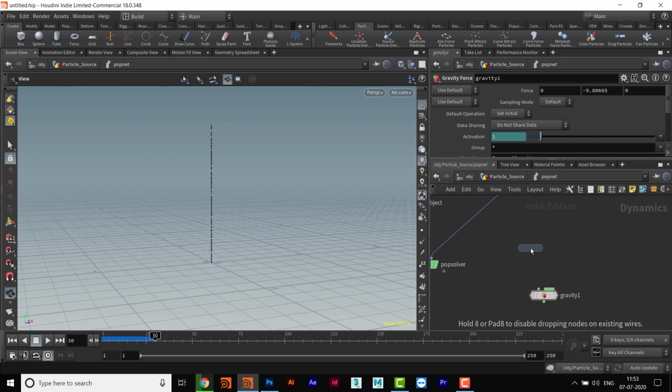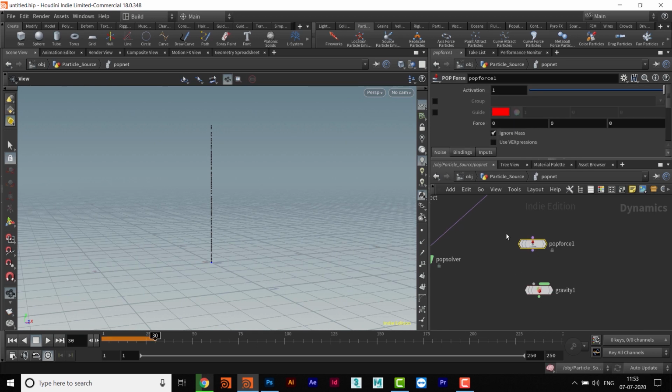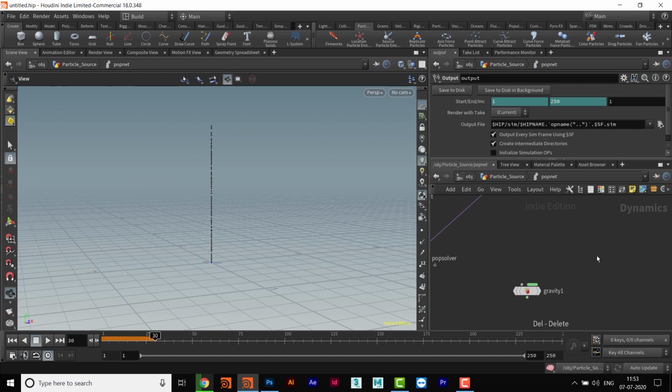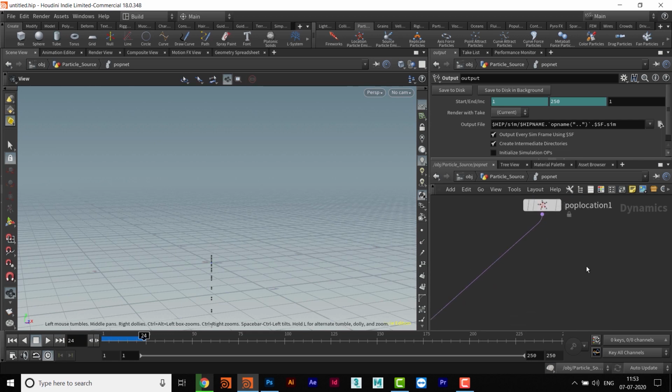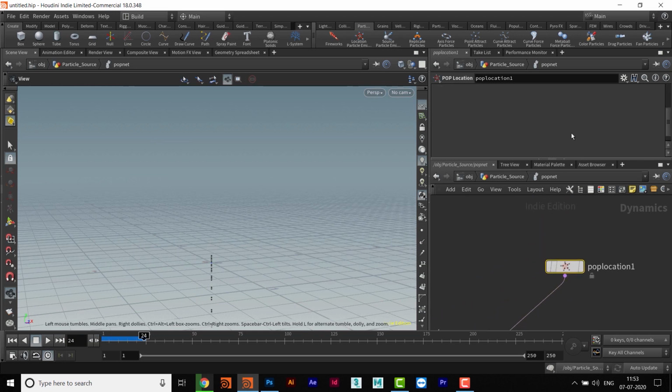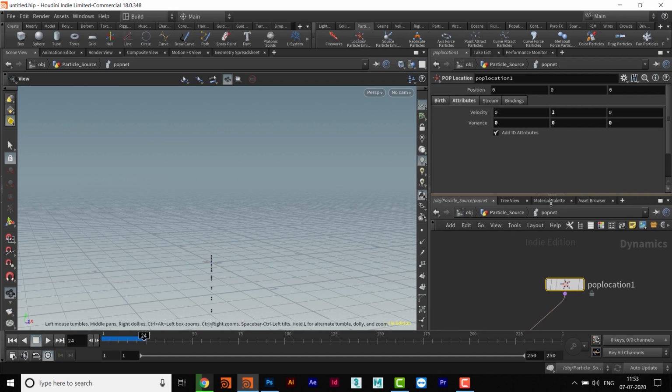So we can also do that gravity using this pop force, but this is restricted to pop, that means particles. And this is a universal force. So right now I'm using this one only, and then I will apply this force here just after this. And then these particles will go down just like this. Now I will come here and increase the value here, and I will make it maybe 5.